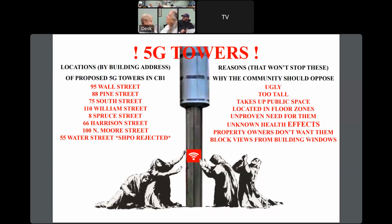Okay, so I've studied this a lot, as you probably all know, and I sent around a lot of information, including the article and the excellent paper that you sent in. All right, so what the Environmental Protection Committee did was to review the idea of these 5G